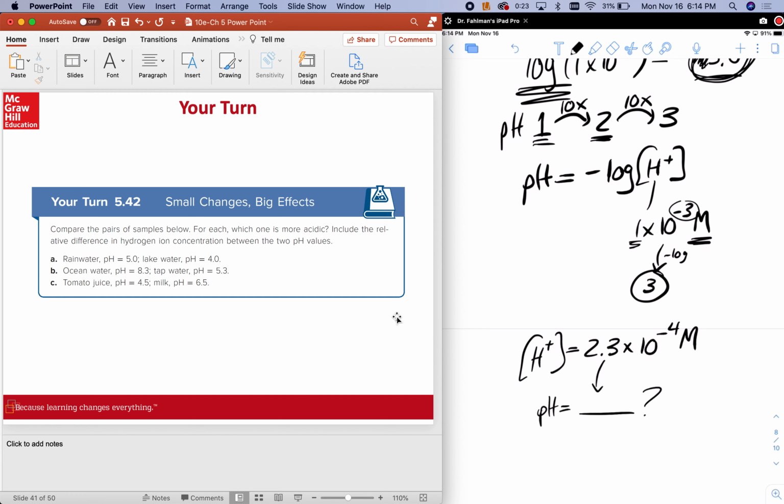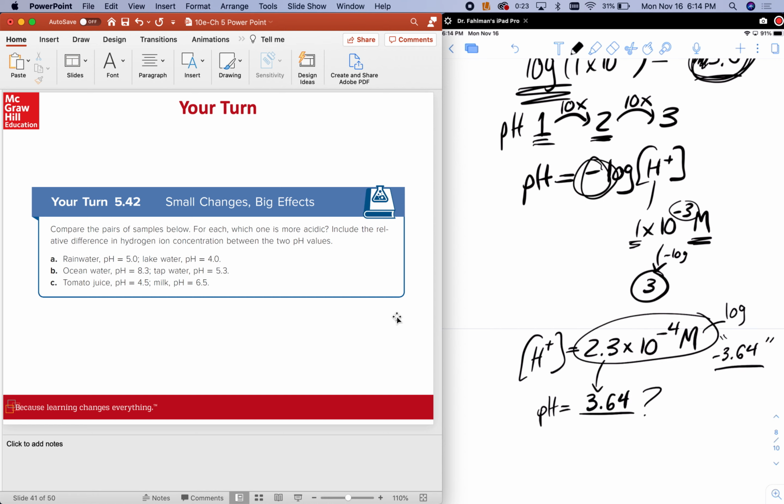Okay, and so if you plug that in your calculator, let me do it on mine here. So 2.3 e to the 4 minus, and then you do log of that. Where is that on mine? Okay, so if you take just the log of this, your calculator should say minus 3.64. Okay, and so again, it's minus log, and so your pH then will be